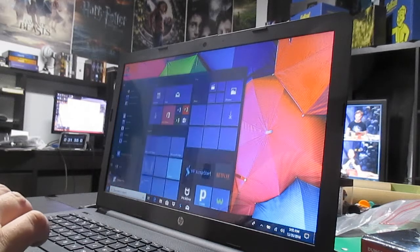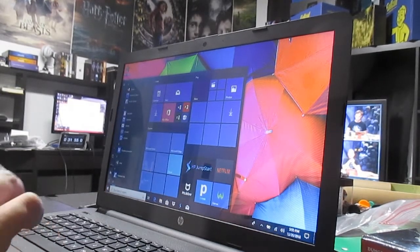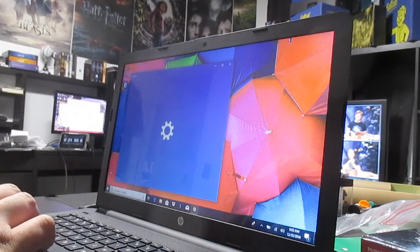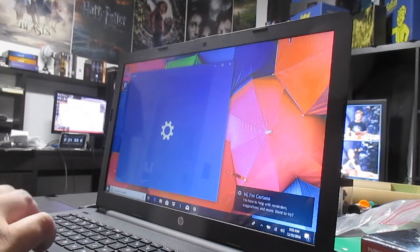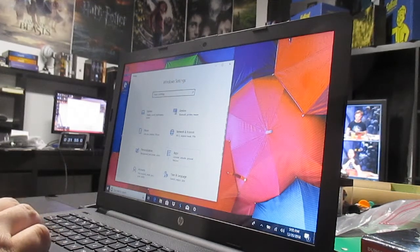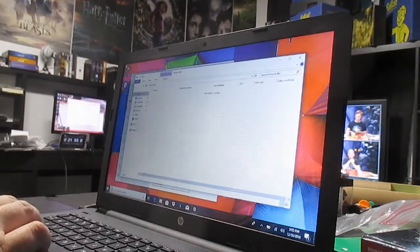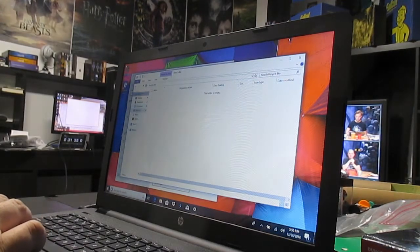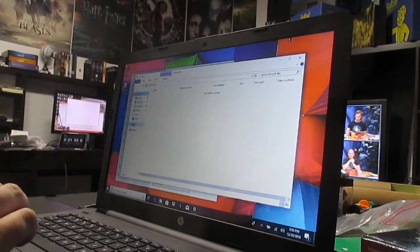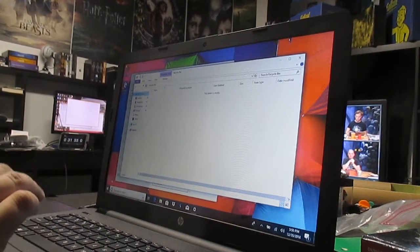But it did not let me name this PC. So, let's find some settings. Oh yeah, settings are like Windows 8 settings. Go away, Cortana. Oh, and you have McAfee, I'll have to uninstall that too. Let's open the recycle bin, because that's a folder system. I'm still having to figure out my way around this thing. And from the folder system, we can go to this PC, right click, go to properties,